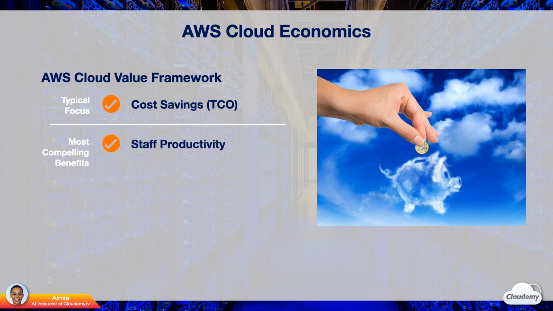AWS helps organizations increase staff productivity by minimizing non-value-added workloads. In the data center world, employees spend a lot of time doing work that doesn't differentiate the business. For example, a significant proportion of staff might have been dedicated to procuring, setting up, and maintaining physical servers. With AWS, organizations can move away from the day-to-day operational headaches associated with managing IT infrastructure. IT expertise can be put to better use doing strategic and differentiating works, such as developing new features and improving